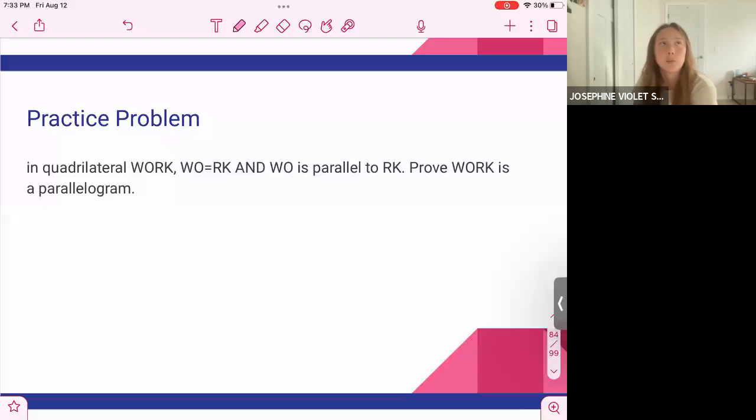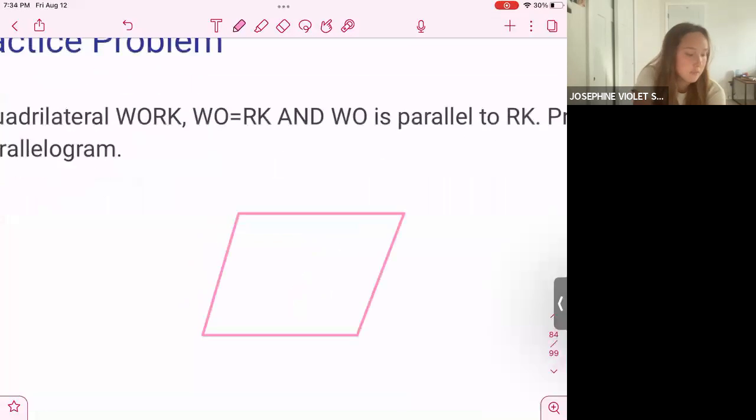So a couple of things: when you're trying to prove that something is something, you always have to look at the definition. In this case, it would be a parallelogram, and look at what proves that a parallelogram is a parallelogram. And in this case, it would be two pairs of opposite parallel sides. So let's draw it out. I'm going to draw it kind of assuming that it is a parallelogram,